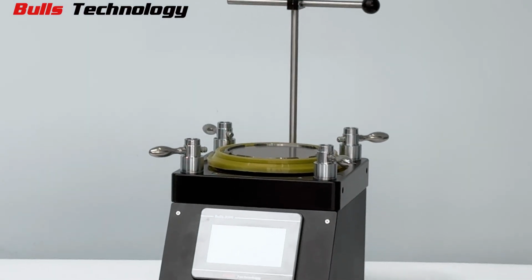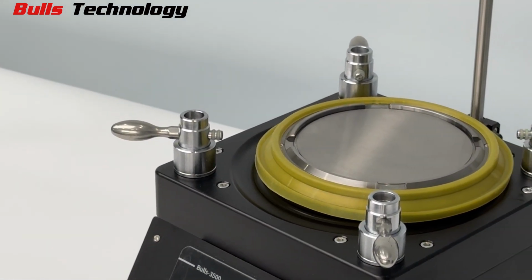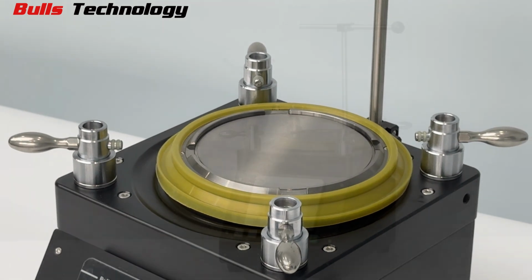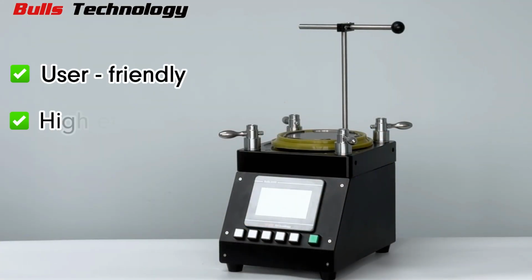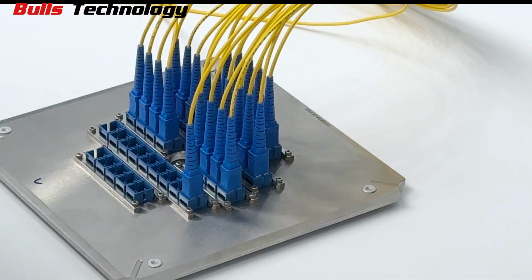The Bulls 3500 polishing machine delivers high efficiency and precise polishing. It uses advanced manufacturing processes to ensure consistent quality and accuracy. Matched with Bulls polishing fixture and no need to adjust the equipment, the machine can polish 36 SC connectors at